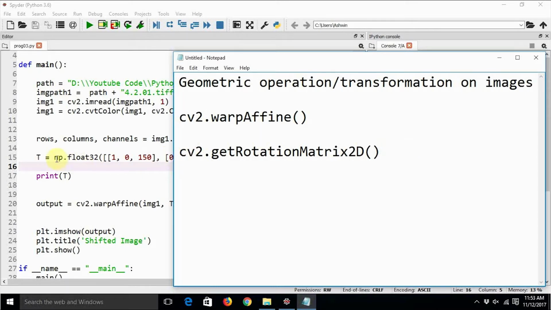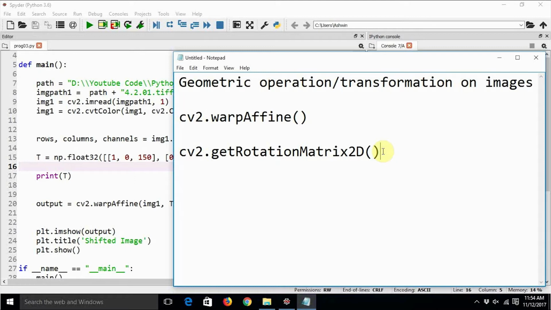We are just going to use this function in order to get the rotation matrix, or the transformation matrix. In this case the transformation is nothing but the rotation operation. That's why the matrix is addressed as a rotation matrix.